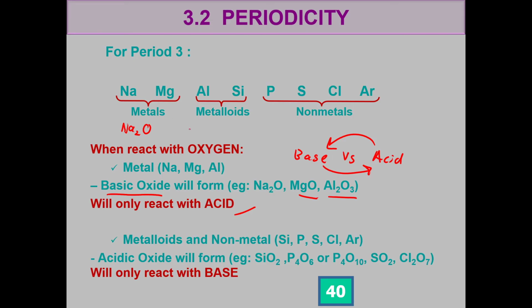So for metals, okay, the reason why aluminium is also considered metalloids, I'll show you later because aluminium is special one. Okay, untuk metal, kita reactkan dia dengan oksigen, dia jadi basic oxides, while non-metal, dia akan jadi acidic oxide and dia akan react only with the base. Okay,